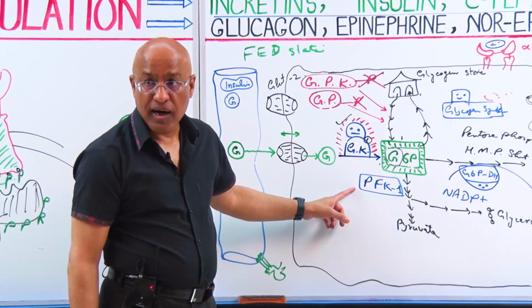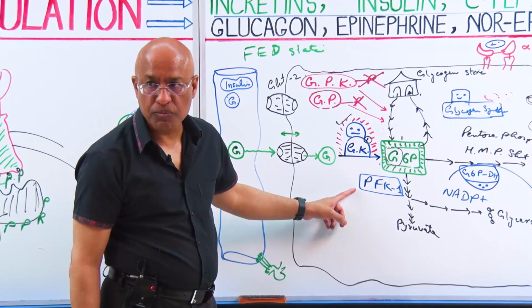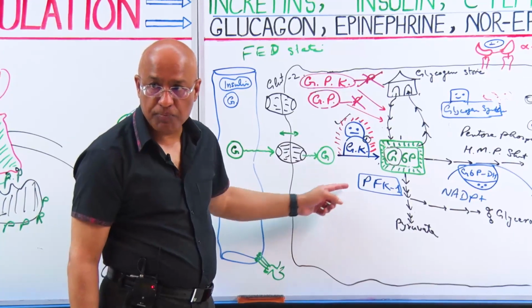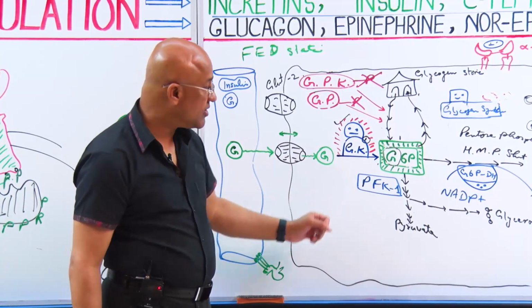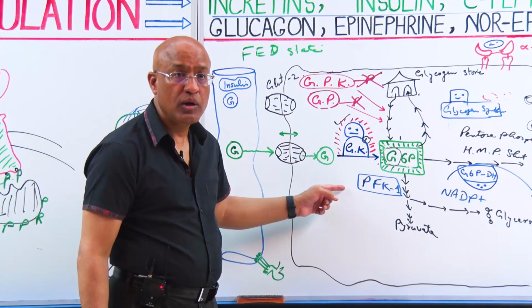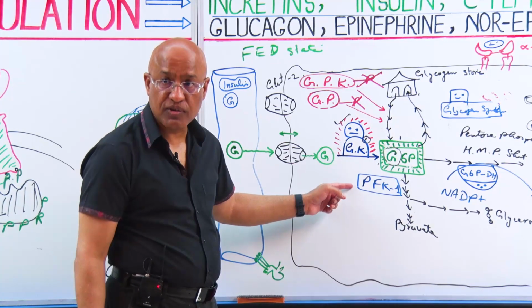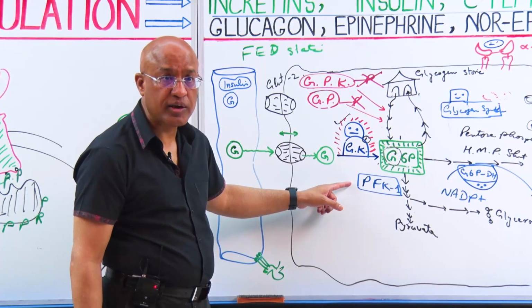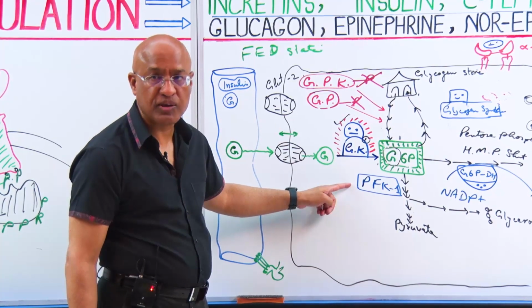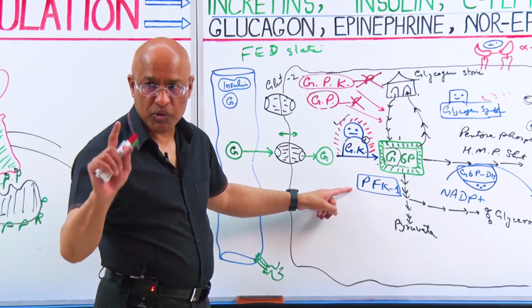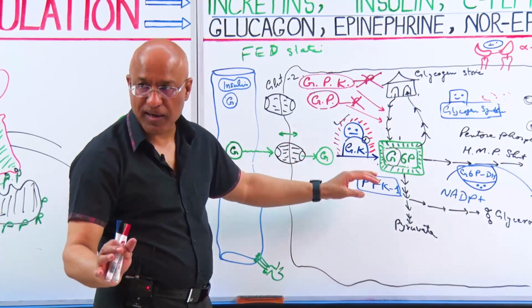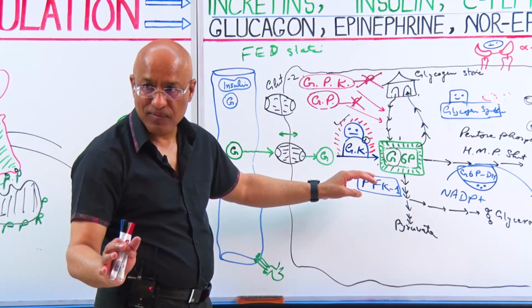If the cell has high levels of AMP, it means ATP is converted into ADP and ADP into AMP. So AMP can stimulate it. In the same way, insulin can also increase the synthesis of this enzyme. Plus, it is allosterically regulated by fructose 2,6-bisphosphate. Forget about that. You just trust me that when a lot of glucose is coming,